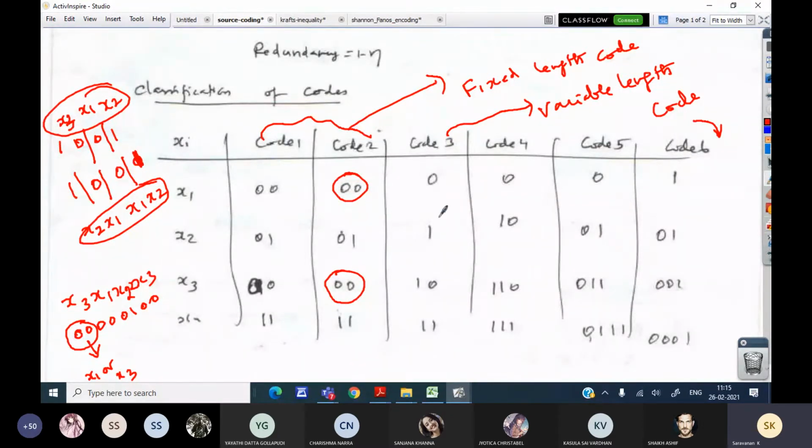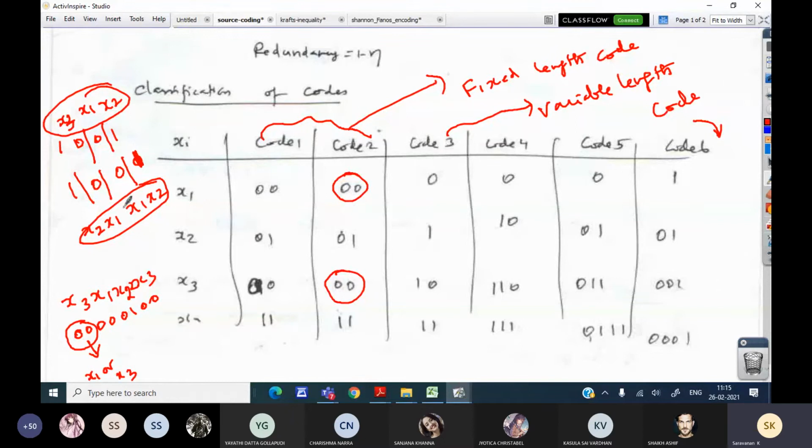Code 3 is not a uniquely decodable code, because the moment the receiver receives and decodes, it immediately decodes the corresponding symbol, so it is getting confused here. It can take 10 together, or 1 separately and 0 separately, and then the symbol received is going to be different.